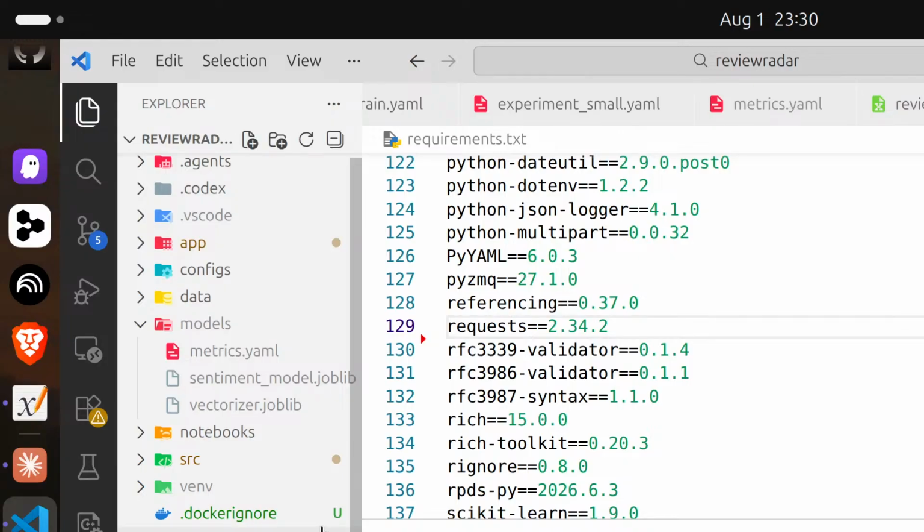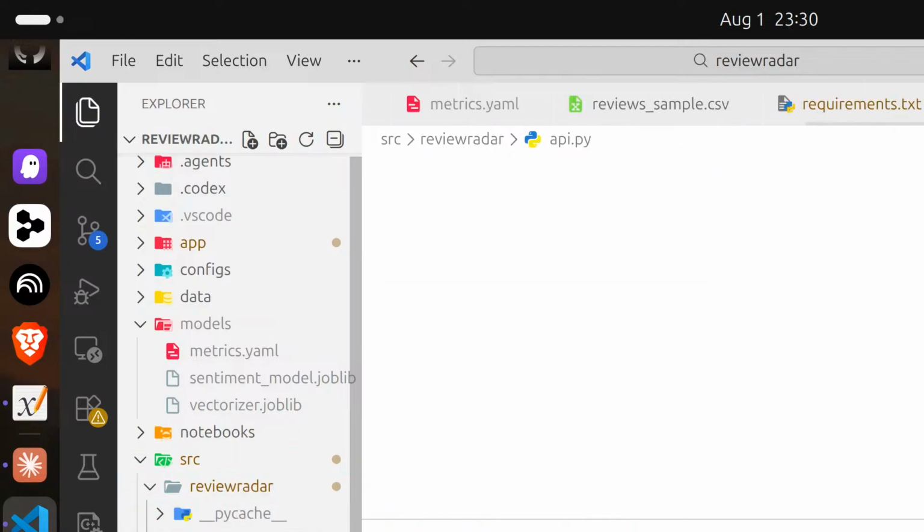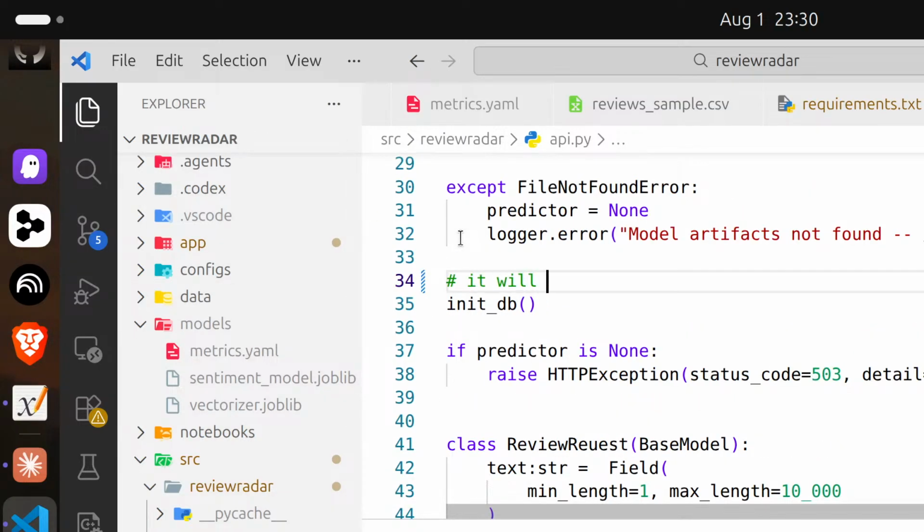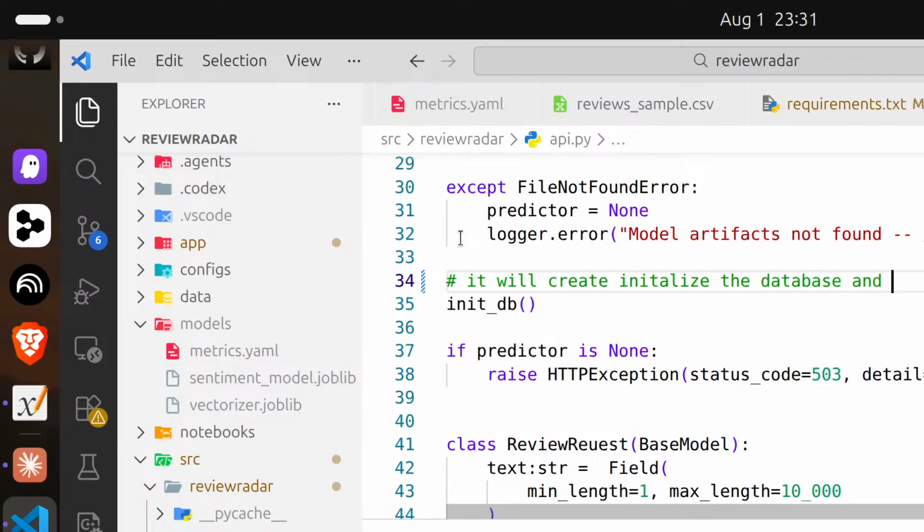Now let me do one thing. I will change only one little thing in here. Let's say I will add some comment here. It will initialize the database and create the prediction table. I have changed it. Now if you see here, if I run this command again,